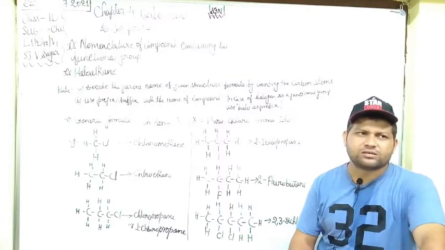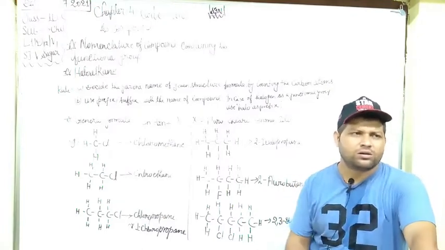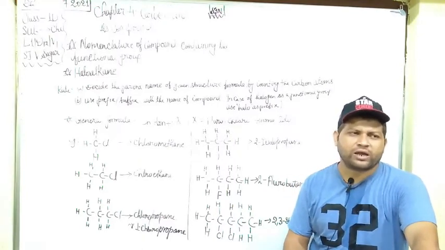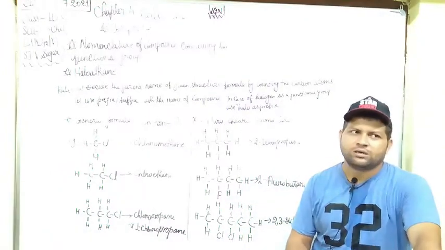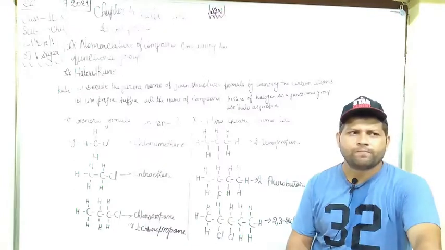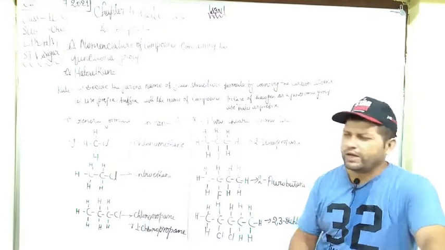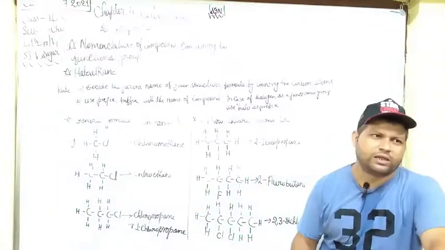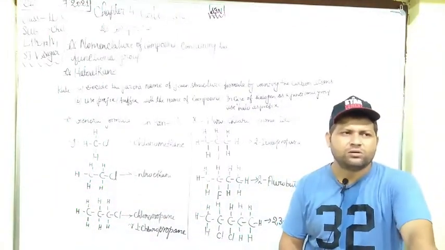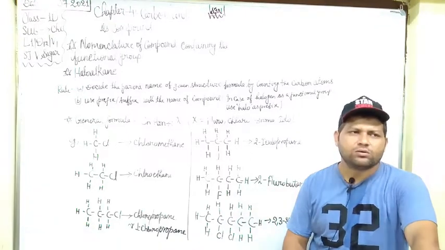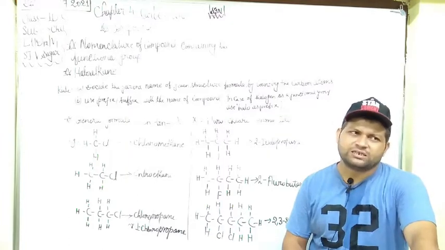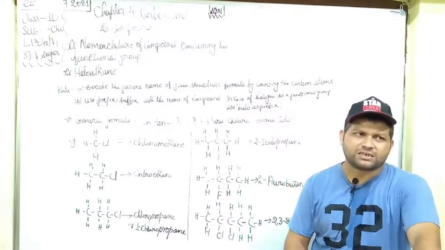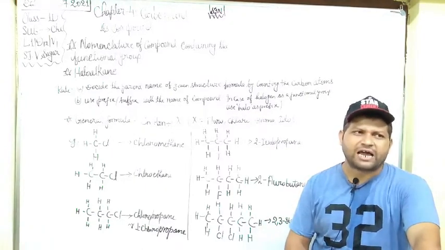Now let us try to write the names of all alkanes by adding chlorine, fluorine, bromine, iodine as a functional group at different positions, and it is your HW. So you have to practice a lot, then only you will be able to write the names of given organic compounds without any hesitation. So practice a lot at home and try to learn as well.